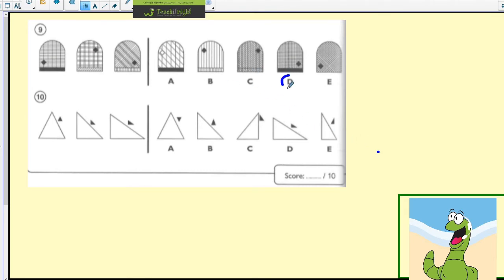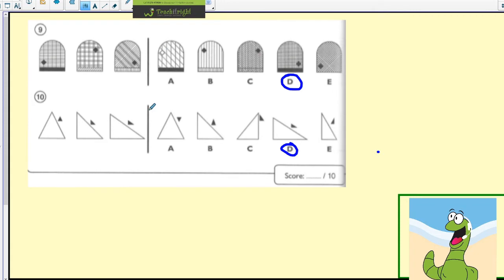Question 9 is D. And question 10 is also D. For question 9, you've got a dome shape with one curved side and a cross-hatching pattern. There's always going to be one black stripe within it at the base, and this shading has to be different to the shading inside. The square will never touch the stripe at the bottom, so it's always somewhere inside. So in this case, the answer is D, because it's the only one with the black stripe and the black